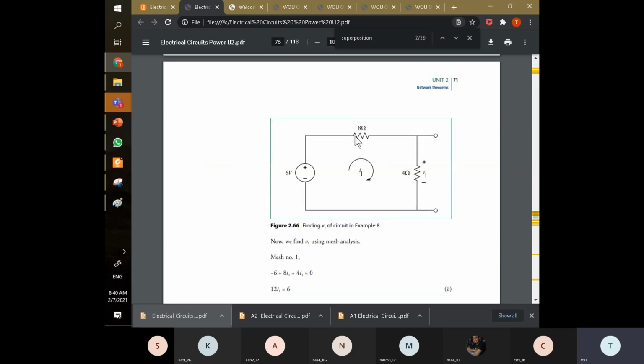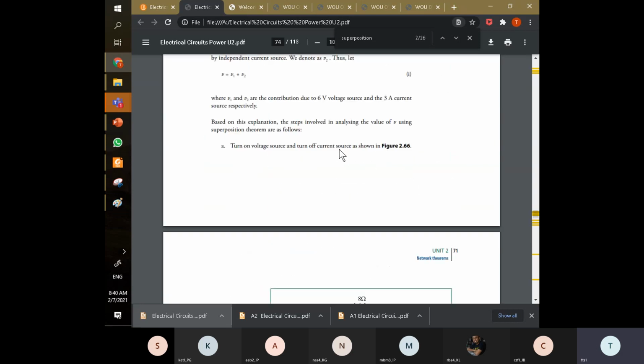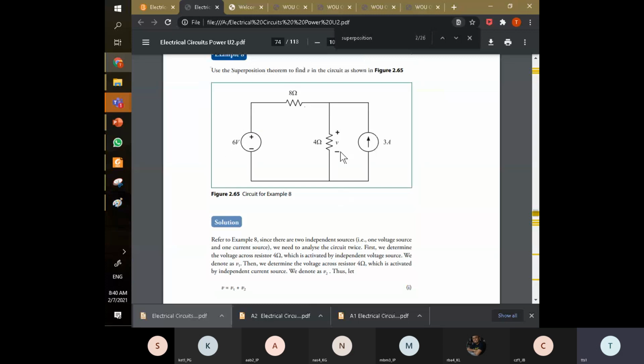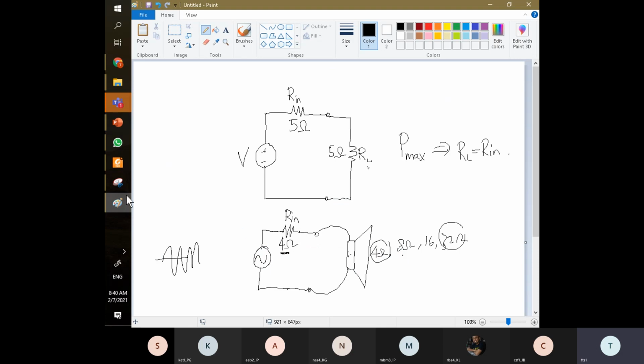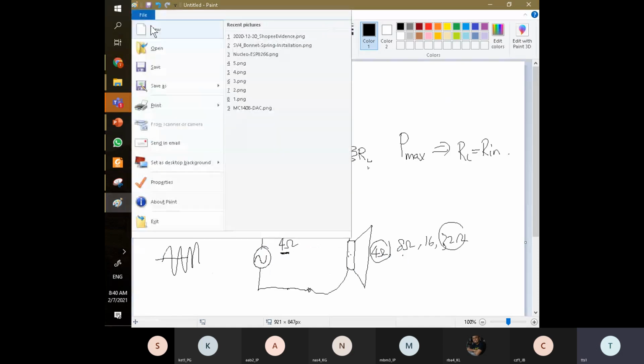This only happens when you encounter a circuit like this, where we have two independent sources. This one does not depend on this one. You have to understand, they must be independent. Independent means this source does not depend on this one. So how do you know if it depends on this one? When you see something like this,